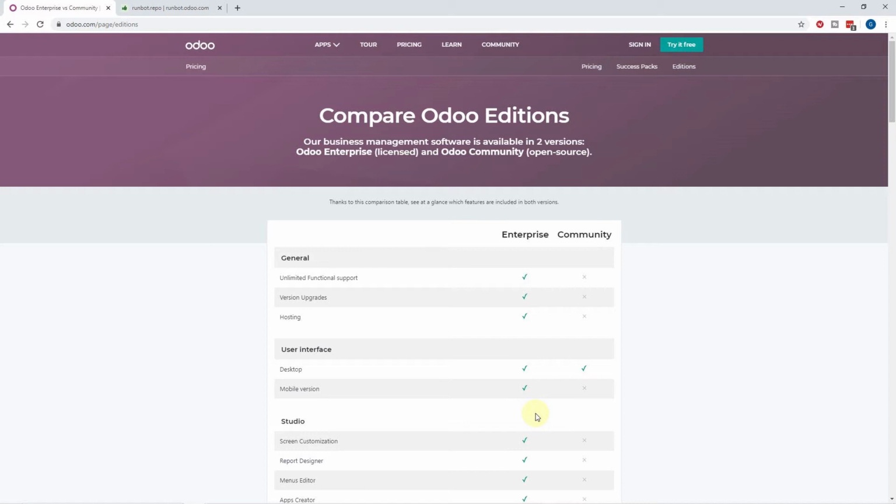Now, user interface, you can see here in this next section is that the Odoo desktop interface is available for both Enterprise and Community, but they show the mobile version is only Enterprise. Now, this does not mean that you can't access Odoo through your mobile web browser. You certainly can. It's not quite as elegant in a few places as Odoo Enterprise through the web browser, but